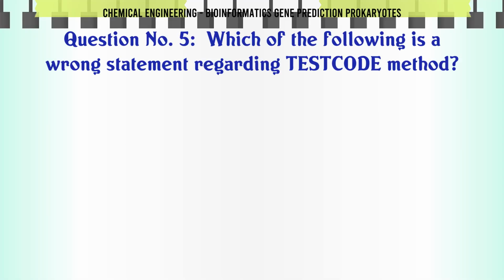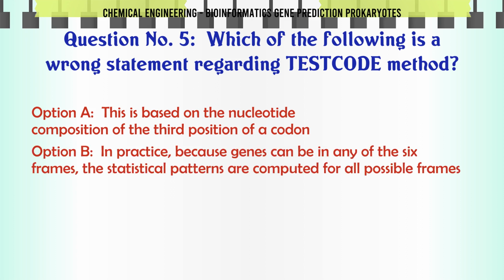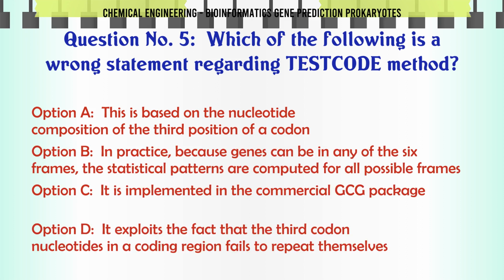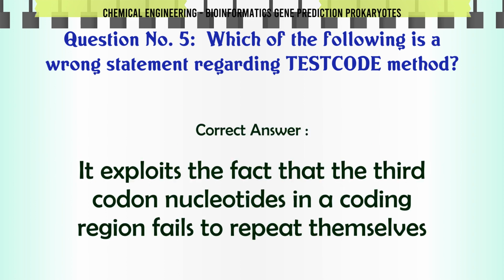Which of the following is a wrong statement regarding the TESTCODE method? A. This is based on the nucleotide composition of the third position of a codon. B. In practice, because genes can be in any of the 6 frames, the statistical patterns are computed for all possible frames. C. It is implemented in the commercial GCG package. D. It exploits the fact that the third codon nucleotides in a coding region fail to repeat themselves. The correct answer is it exploits the fact that the third codon nucleotides in a coding region fail to repeat